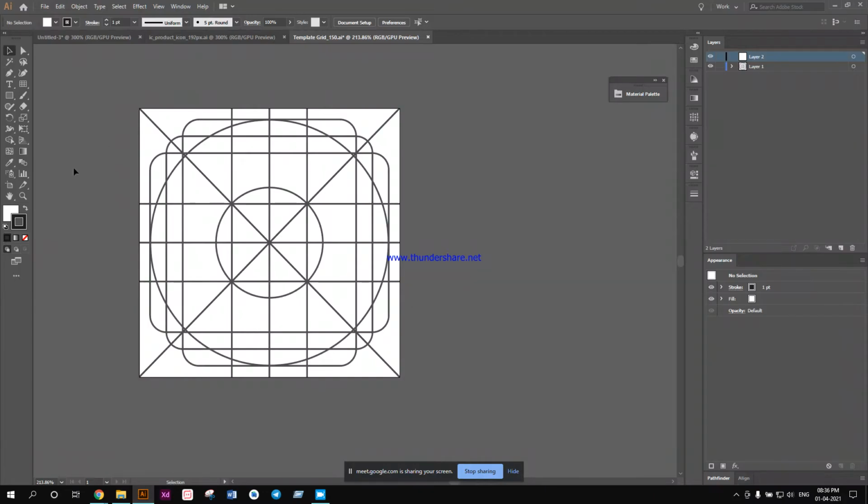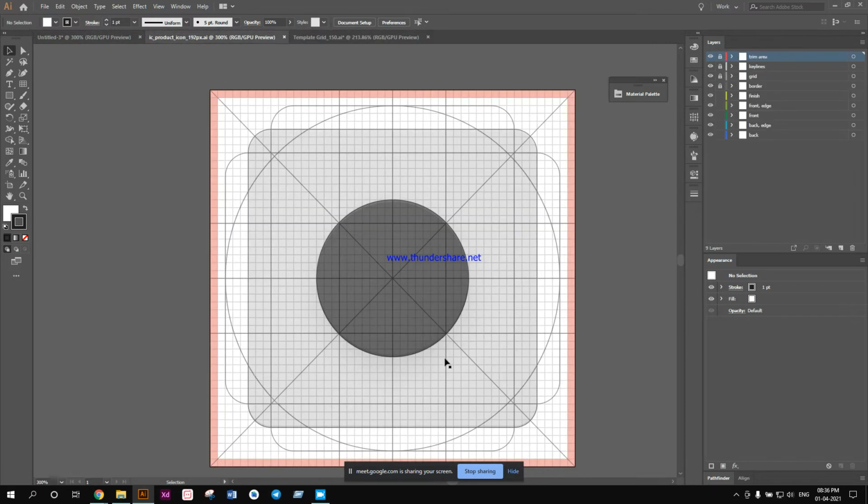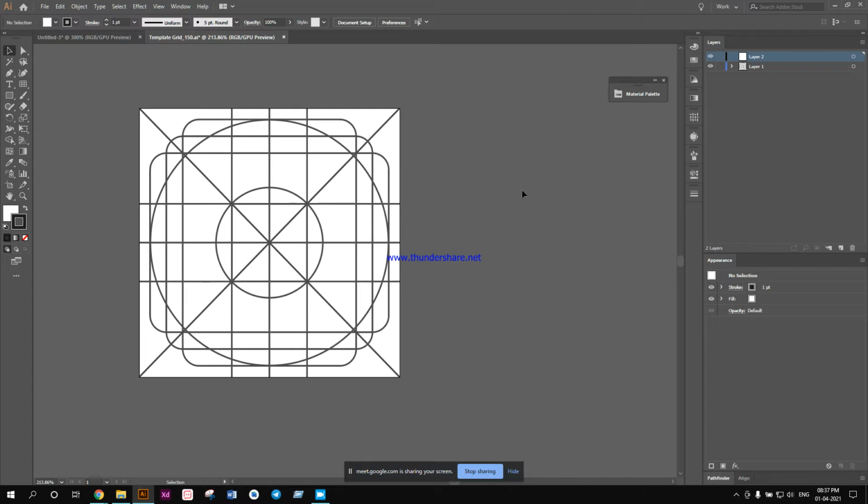Also, if you want my grid, this grid is actually made by me, and I made other modifications of this grid for designing the Bilfi icon that I will open right now. If you want any of these grids, please DM me requesting them. I will send you personally. Also, as I told you earlier how you can download this grid as well, I do not like this grid because you see over here there are too many layers. You can make them into one layer, but I'm not going to waste my time doing all this. So I keep it simple, keep it short, and I just made a grid of my own.